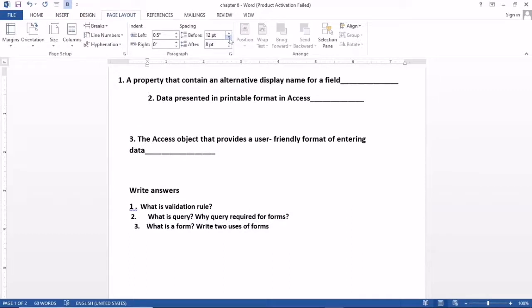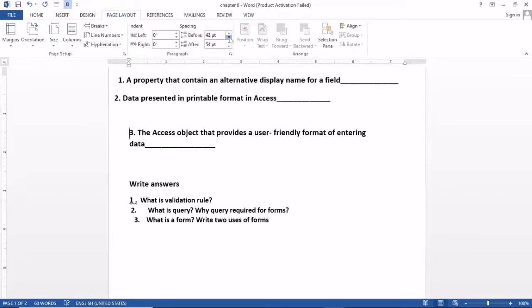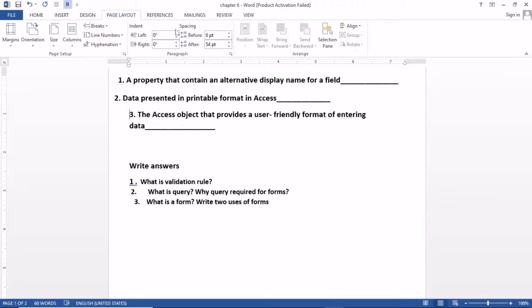You can see up and down, and left or right. Same, you apply here, go down or back, and here you can apply left or right side. In this way you can move up and down and increase or decrease the size between the paragraphs.